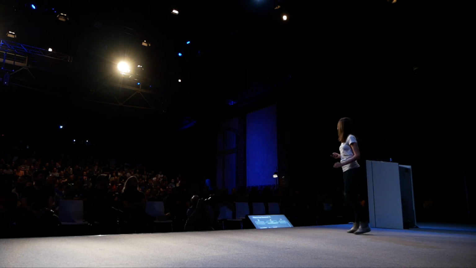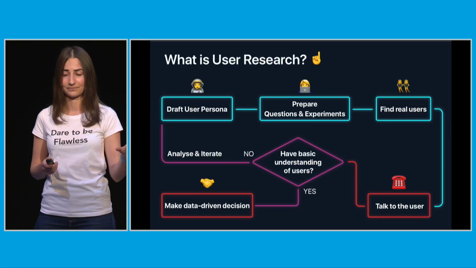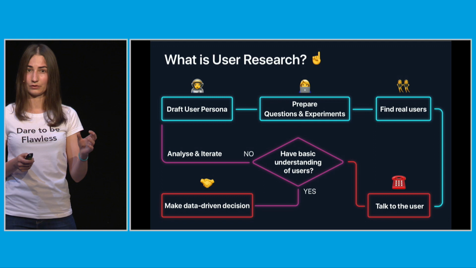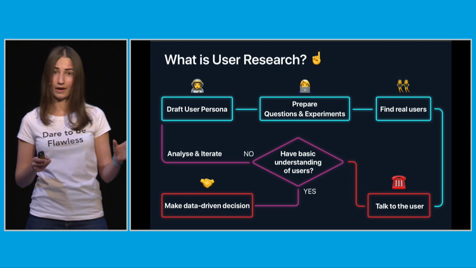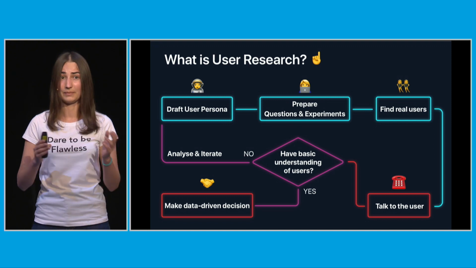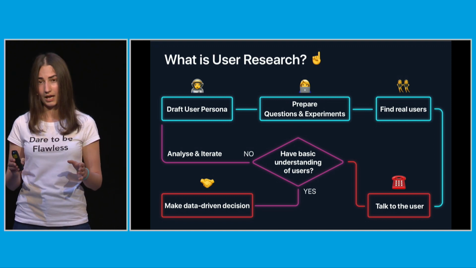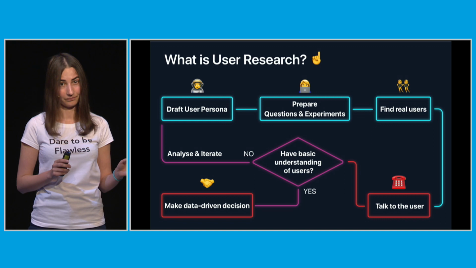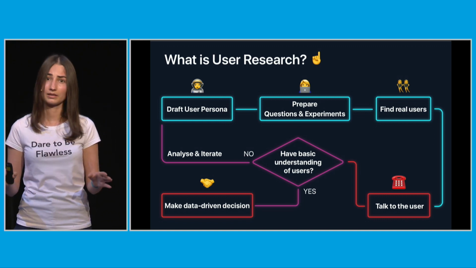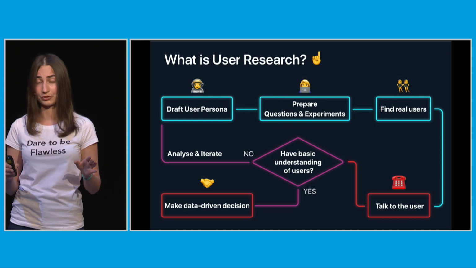Your user research starts with defining hypotheses. Then you prepare questions and different tests to validate your hypothesis. You find real users and you talk to them via Skype, on meetings, or via different channels. And you validate your hypothesis to be sure that you made the right persona, and you make all marketing decisions based on your user research.